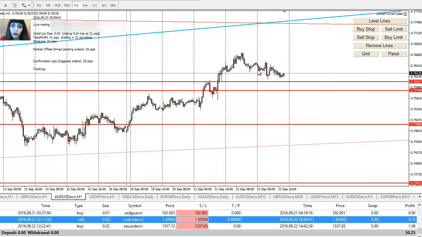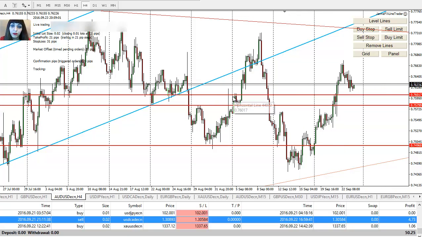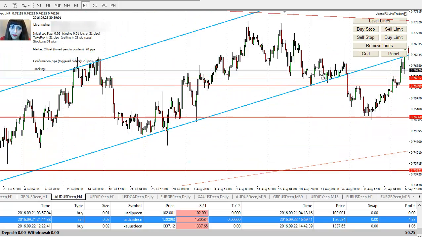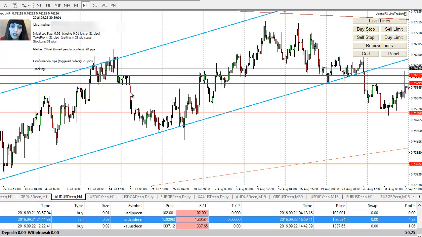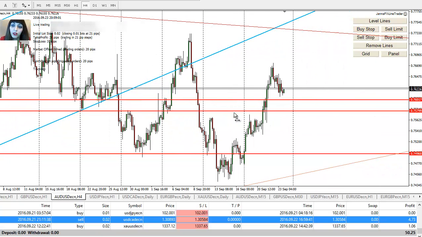As you can see, right now I'm still using these levels. If you might ask where they come from, and you didn't see the previous videos, these levels are from previous weeks. They were quite useful, for example in this area too, where the market was stopped before, and again this little slowdown was before the other big movement. That's why I'm leaving these levels, and right now the market stopped above it,